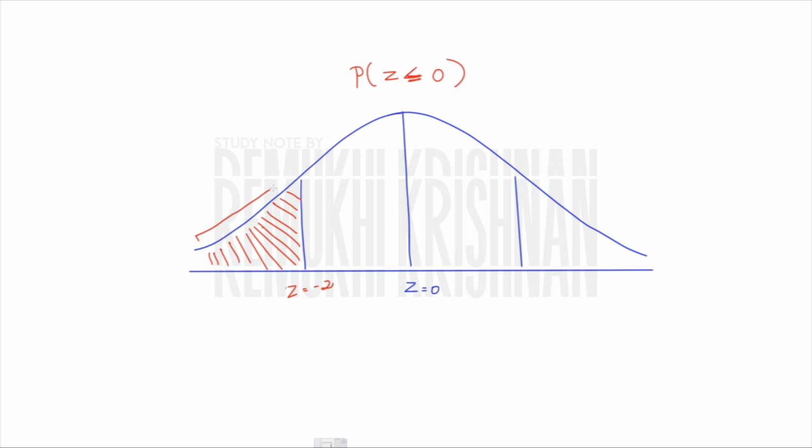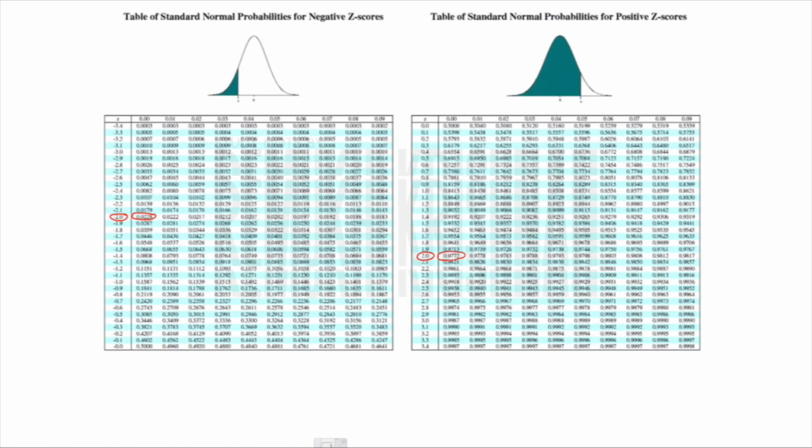The shaded area in red color is our area which represents that the net present value can be 0 or less. In terms of percentage, it is nothing but 2.28 percent. So yes, since z is negative, the area lies towards the left side of this 0. This sum can also be computed by using the positive z score. In case you're not provided with the negative value but you're provided with the positive value, but your z score comes to be a negative value, then what shall I do?